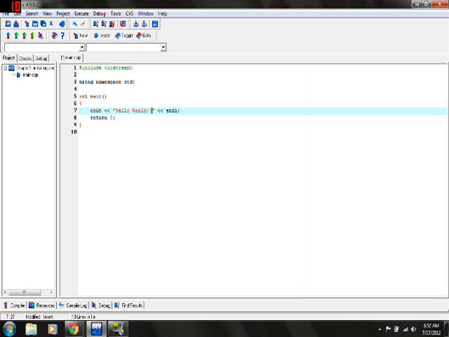So we need cout, two less than signs, quotation marks. Inside quotation marks, we need hello world and endl. You don't have to put hello world. You can have anything. You can have "my fish tastes good," and it'll still output it to screen. It's easy. It's as simple as that. And also, what we're gonna need is